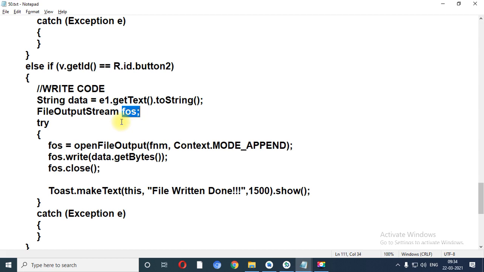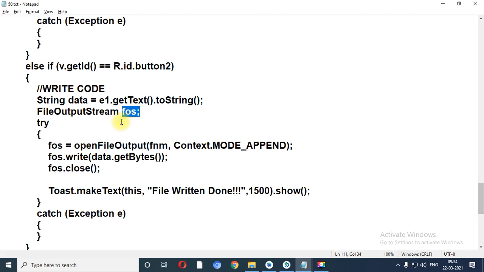This particular program is related to the internal storage of file. You can save your data in the form of text format, right? Shared preference is a concept which will save your content in the form of XML format, but my requirement is such that I want to save my content in the form of text format.